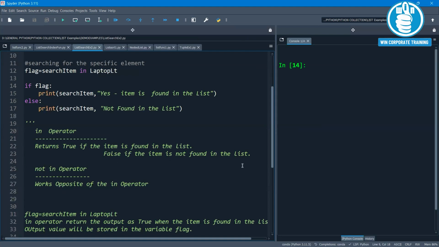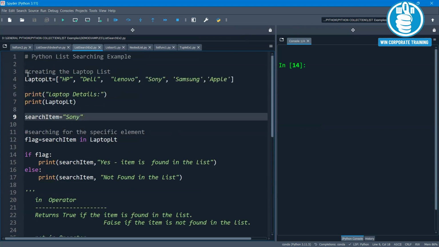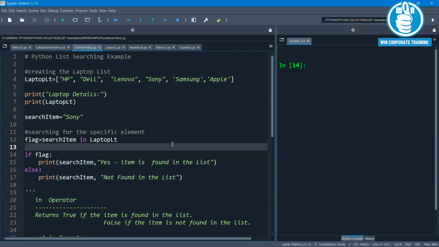So now let me see, I have a list of 5 to 6 laptop names. In this, I want to search for the value Sony. The in operator will return the value true if the item is found in the list. If the item is not found in the list, it returns false. So that's why I have used here if else condition to print the message accordingly.